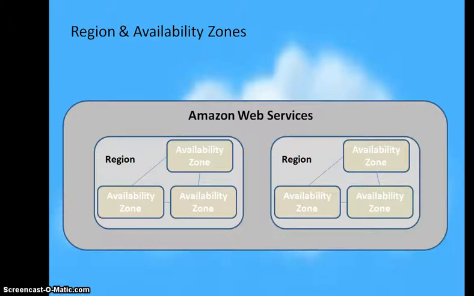In the US we have three regions like North Virginia, Oregon, and San Jose. Similarly, we have other regions in Singapore, Tokyo, and within these regions you have different availability zones. These availability zones within a region are connected through low latency links as shown in the figure. Now we will quickly walk through how to create and launch an Amazon EC2 instance using the Amazon Console.